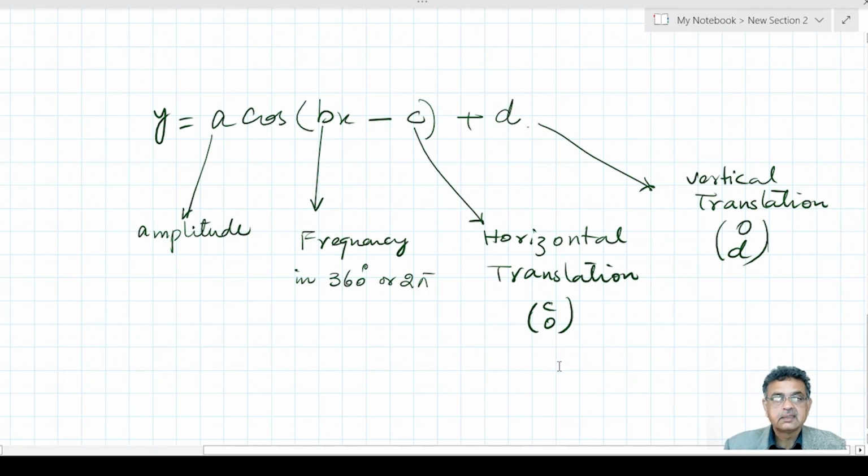So these are the things about the graph of y equal to cos x,